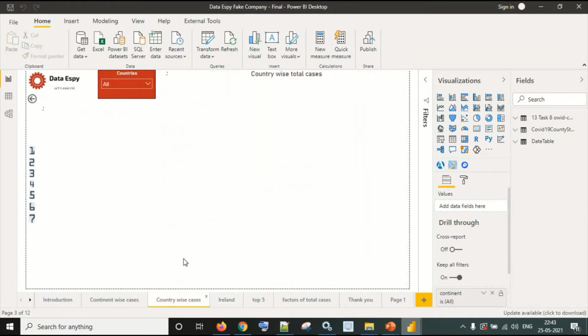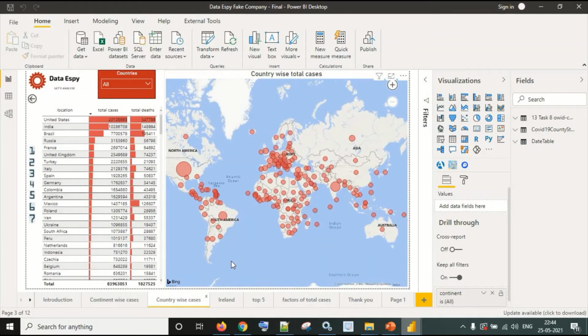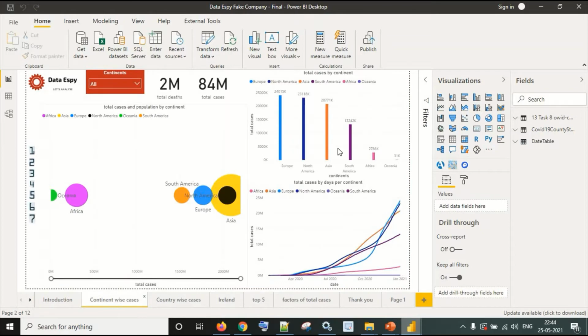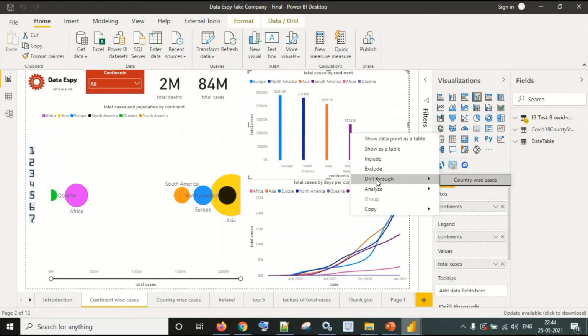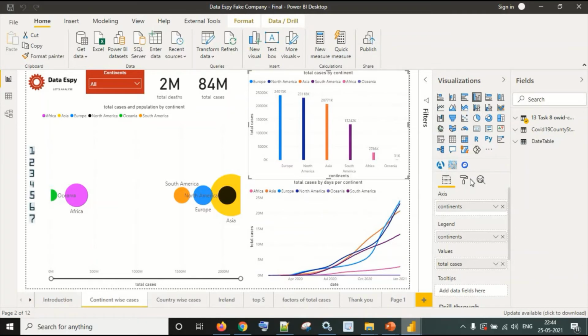Suppose we have a bigger picture of something and I want to check some smaller portion of that. Like if I click here in continent wise, and here we have Europe, North America, Asia, South America, Africa, and Oceania. Suppose I'm interested in South America. Okay, football guys. So I have drill through. Now if I click country wise cases, what will happen?